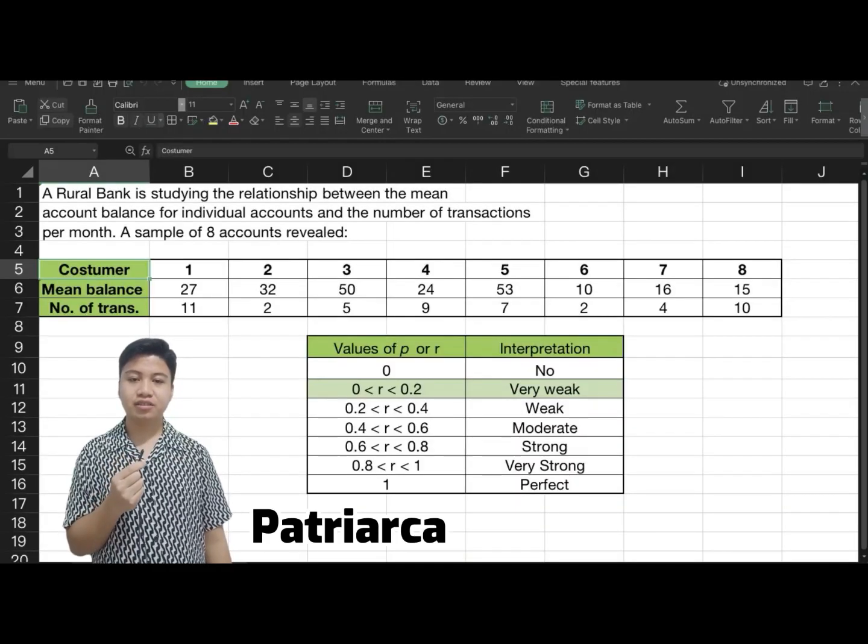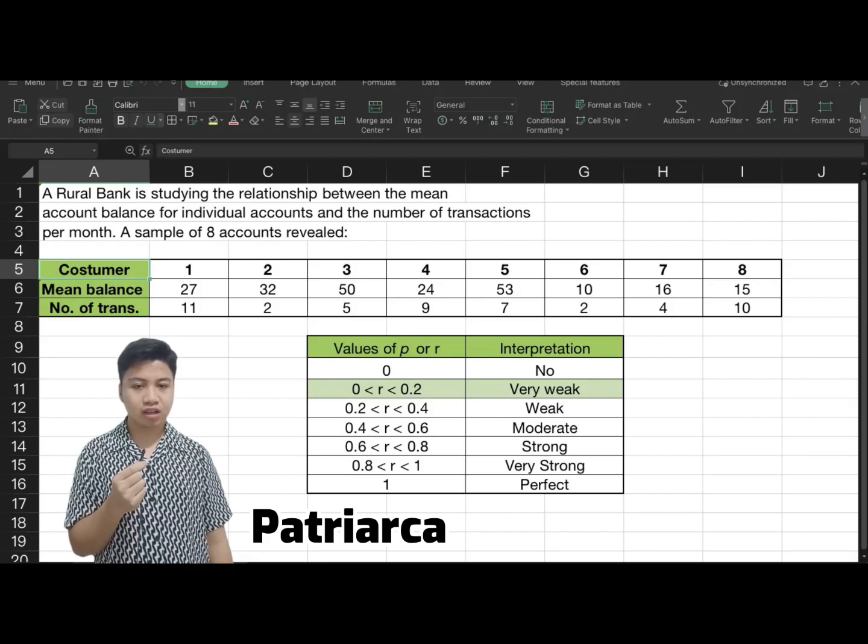A total bank is studying the relationship between the mean account balance for individual accounts and the number of transactions per month. A sample of 8 accounts revealed: